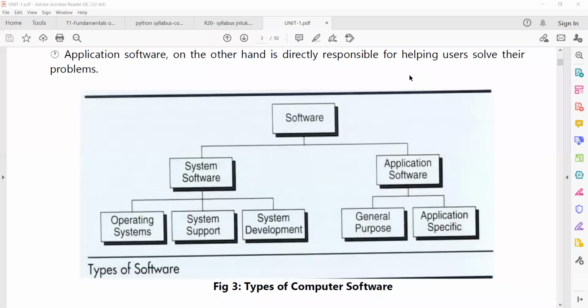The best example. Take another example, microwave oven. The same kind of operation. How do you perform it? See the next one, application software. Application software. So to